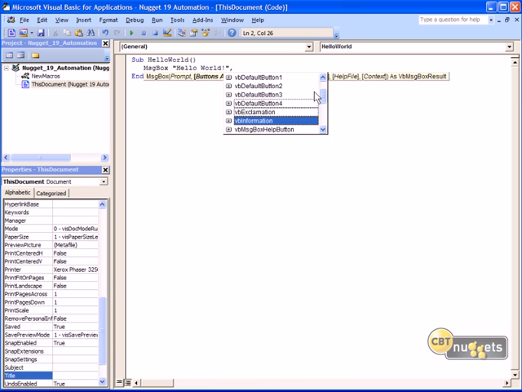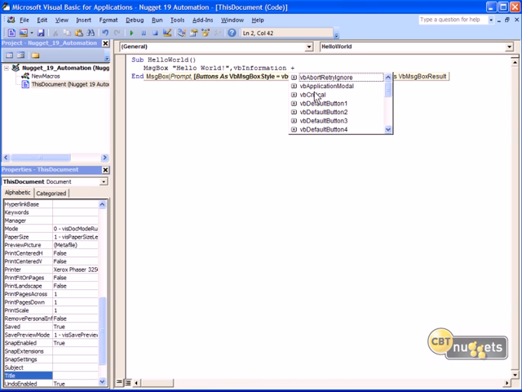Once you're at the appropriate spot, hit tab. I'm going to add, by hitting plus, the fact I only want to show an OK button. As soon as you start to type, the list gets filtered based on what you're typing. So typing VB OK brings me down to VB OK cancel. I want VB OK only, so I'll select that and hit tab.